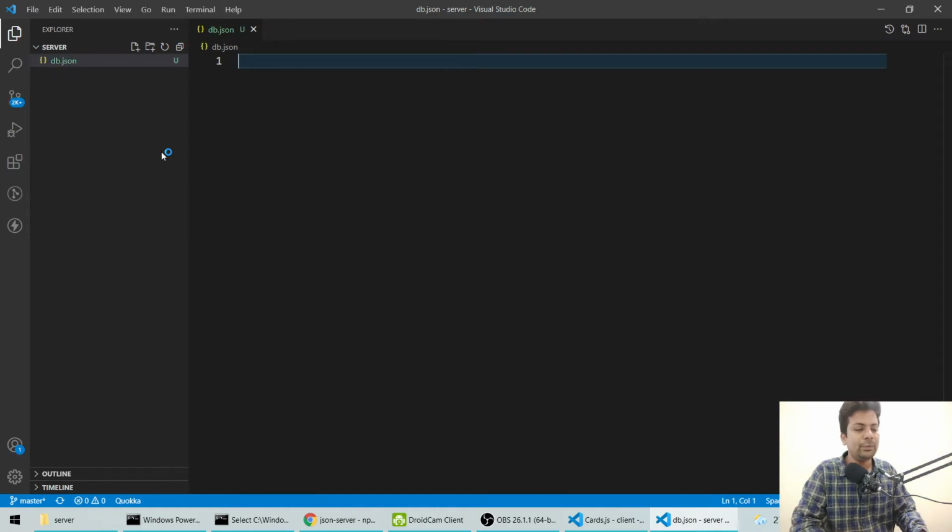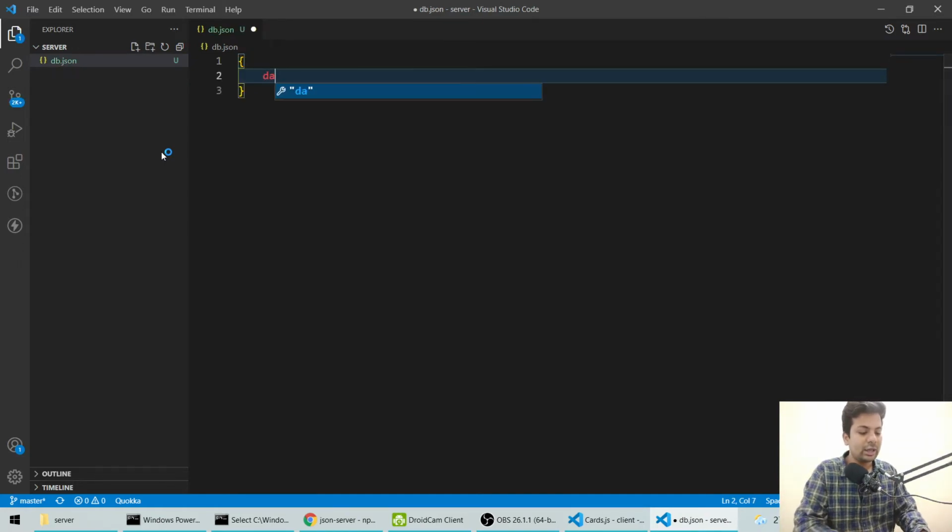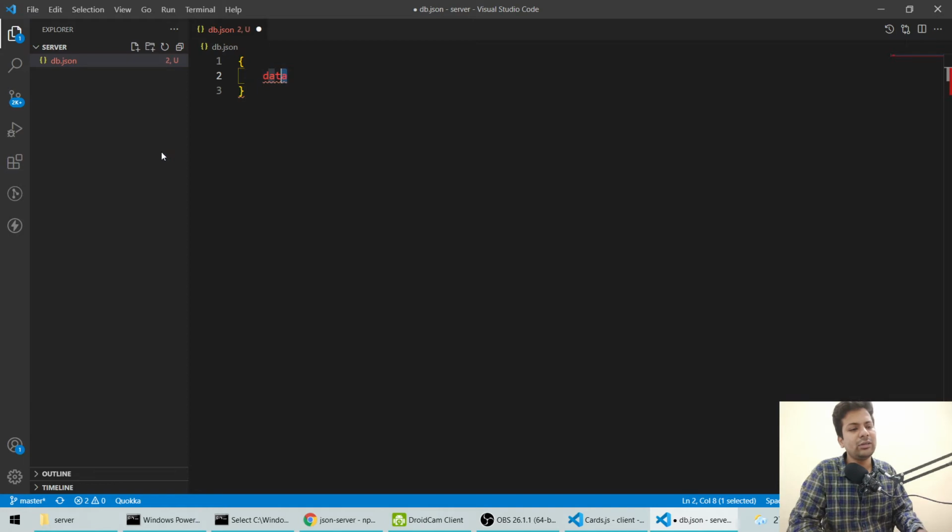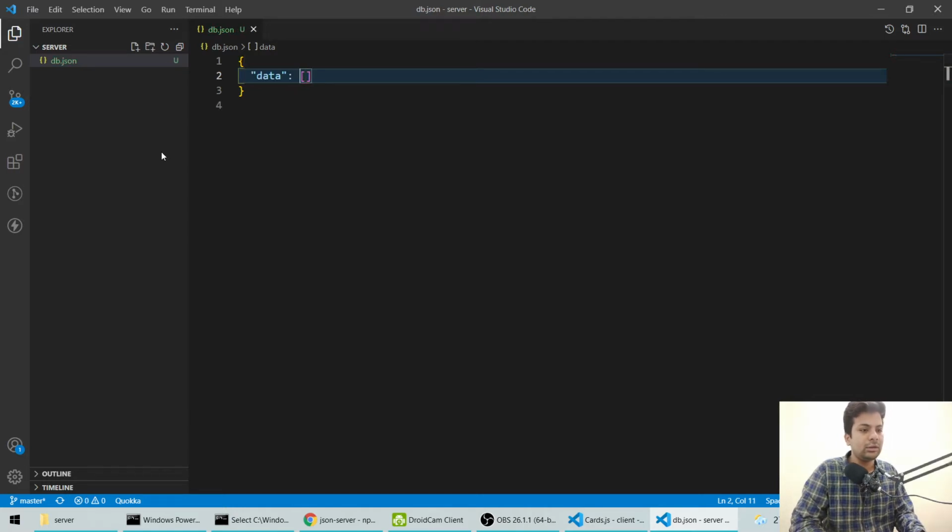We'll put two curly braces, and here we'll say data, which is like our table name or object name, and here we'll put an array, and our whole data should be in it. Why is it showing an error? I'll save it. Yeah, so now it should be in strings.